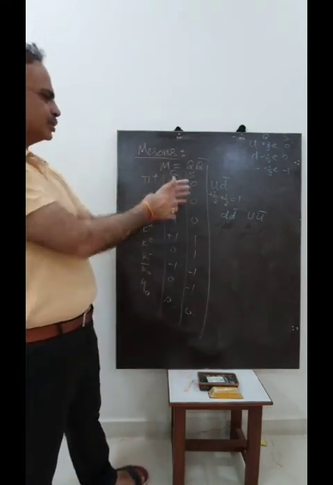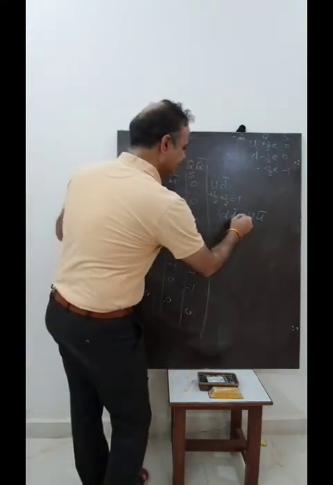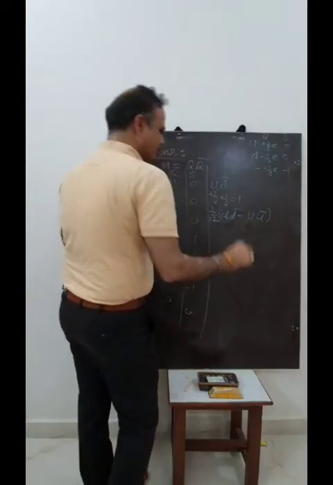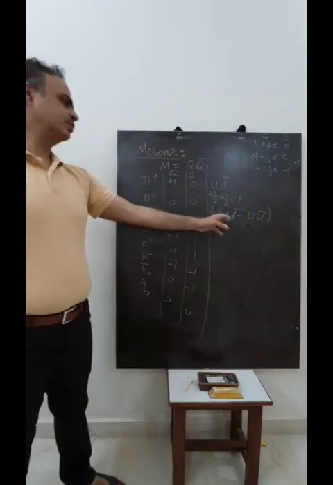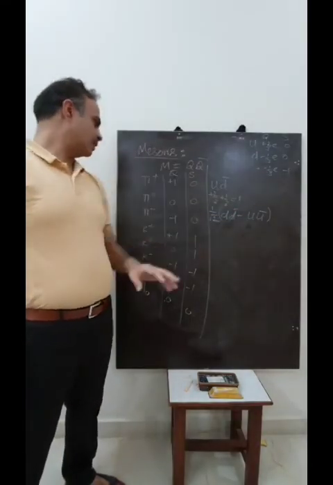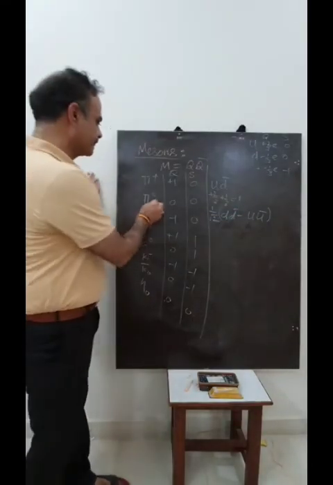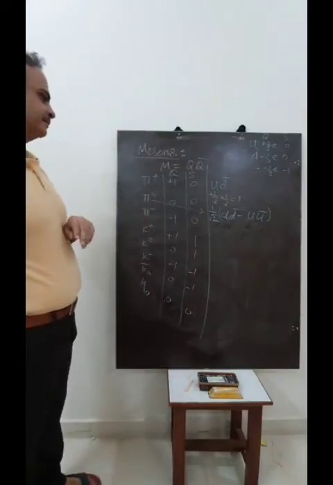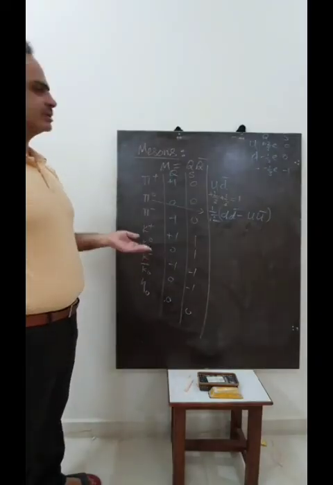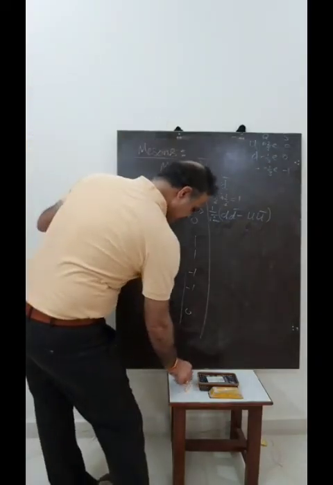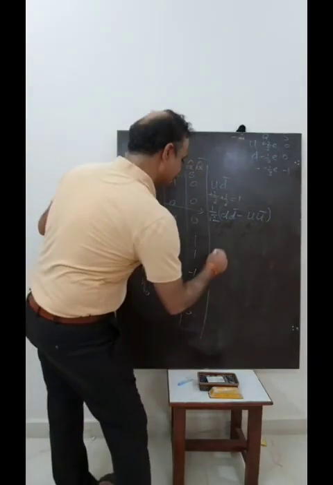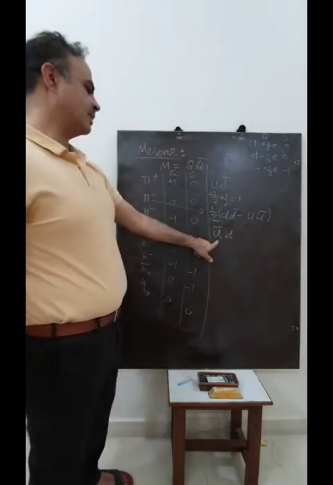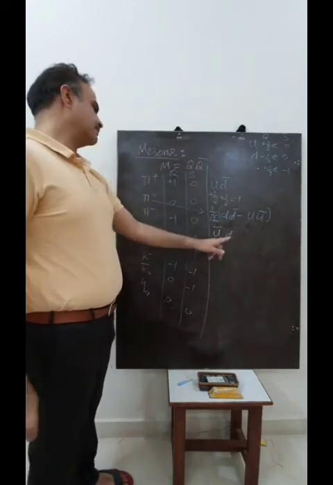So it's a mixture of these two, with a minus sign, and to normalize it, we divide by root 2: 1 by root 2 of dd bar minus uu bar. This is pi naught. And what about pi minus? Pi minus must have negative charge, so you can represent pi minus by u bar d. Minus 2 by 3 plus minus 1 by 3 becomes minus 1.